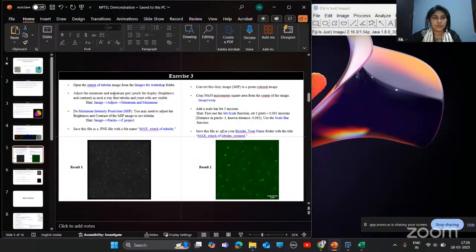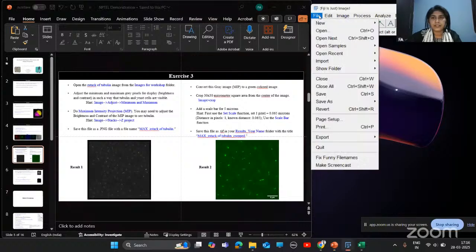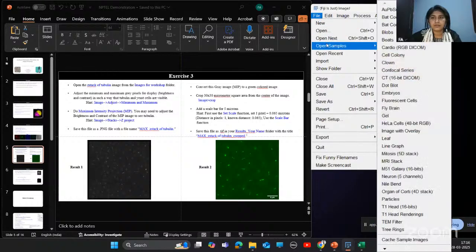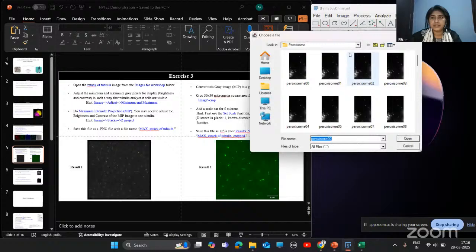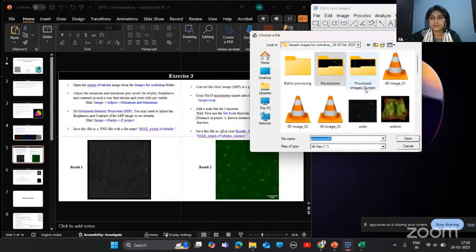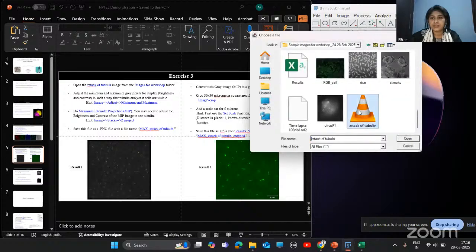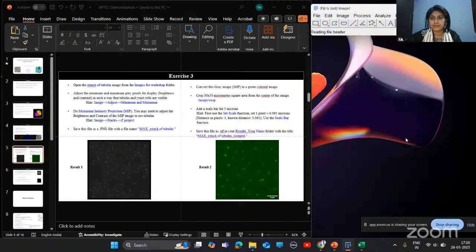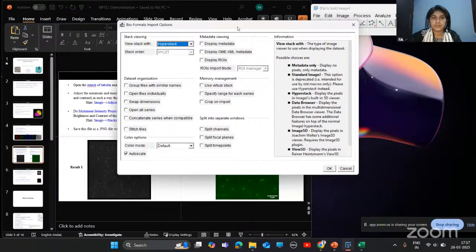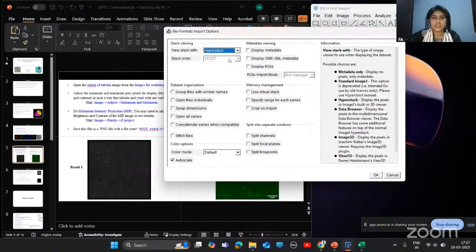To open this Z stack of tubulin, I'll go to File, Open, and here you will find this Z stack of tubulin. This one is a hyperstack image with different XY channel, Z and time.